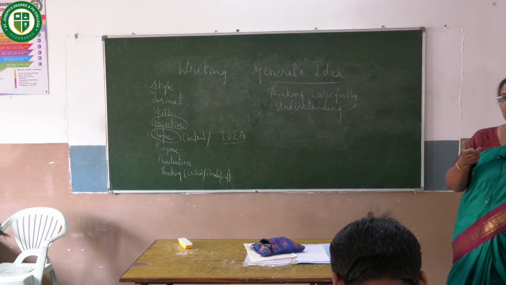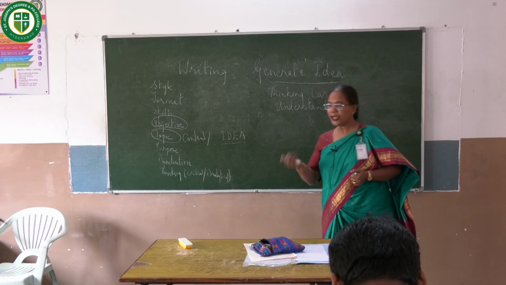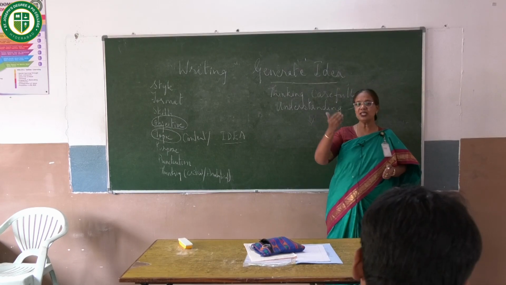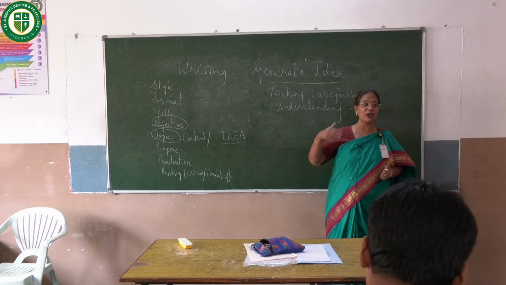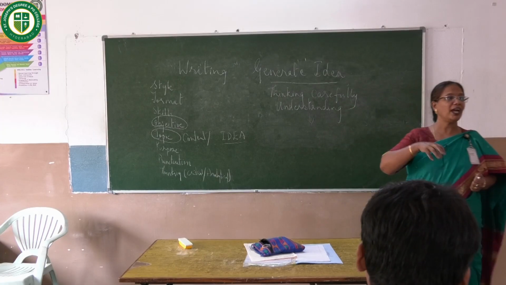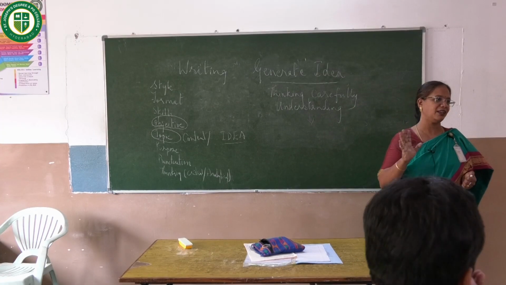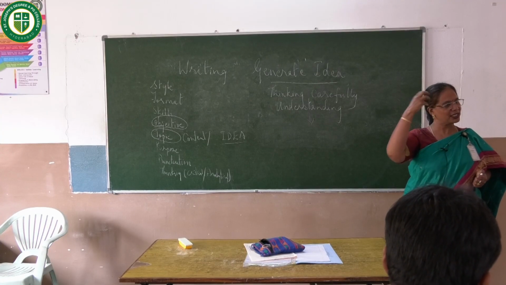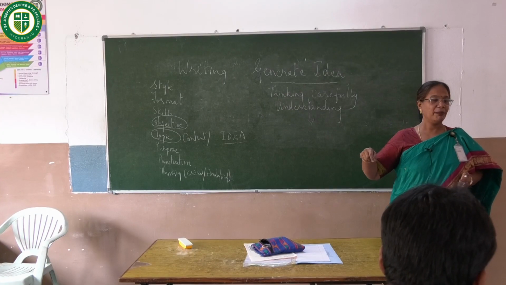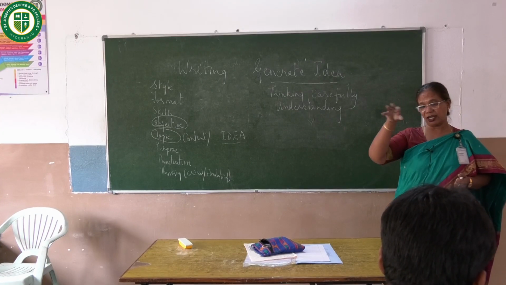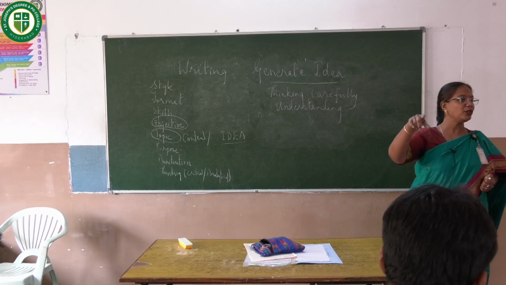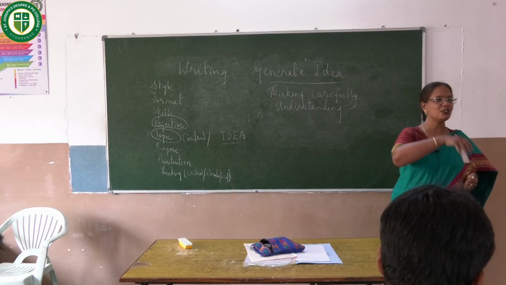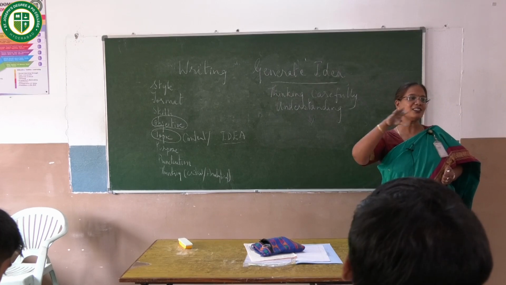If this is the idea, who will be my target audience? Why should they be my target audience? Why should I not be writing like this? What is that which is stopping me to write like this? So your idea, when you will have many things running in your mind crazily. You'll have silly things to be answered also sometimes. Silly things keep coming in your mind. Put them down. Because sometimes those ideas, whatever comes at random, is only going to help you move forward to develop your ideas. So from words to phrases to sentences to paragraph.